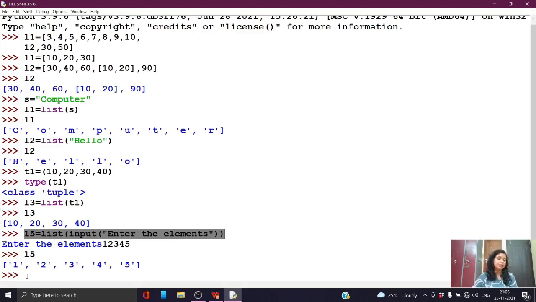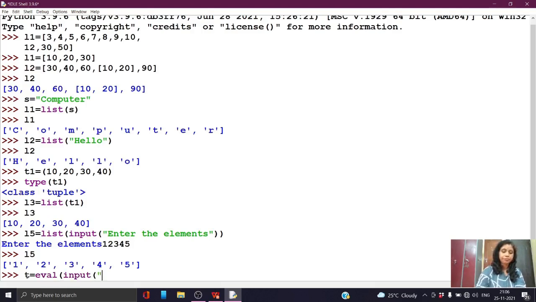Now we will see how to use the eval method. So here one variable, t equal to eval input, enter the values, right?